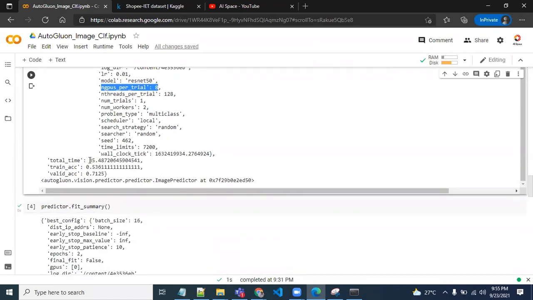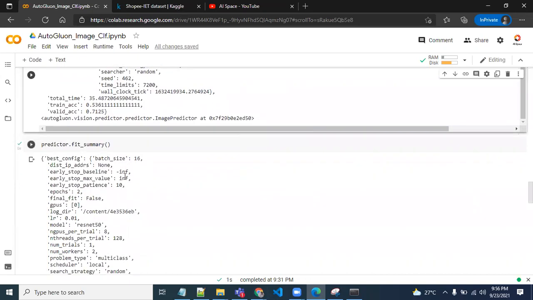So after training, my training took around 35 seconds, and my best training accuracy is giving 0.53, and the validation accuracy is 0.71, which is not bad.